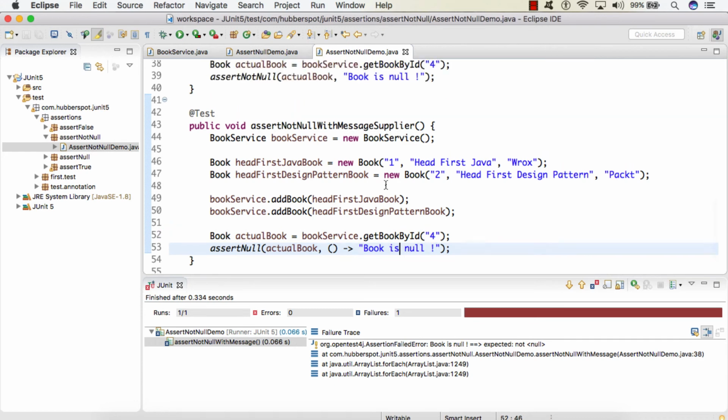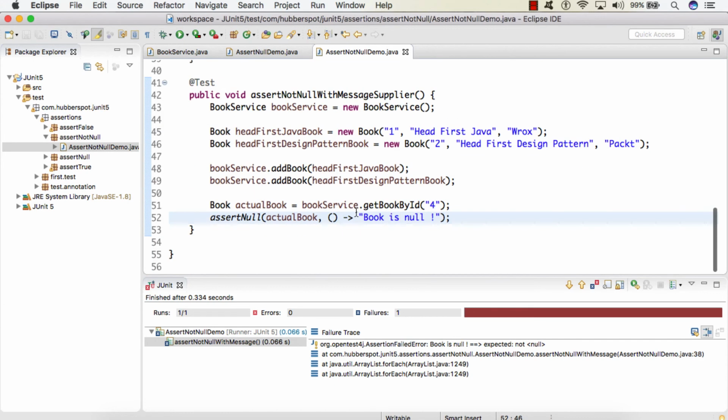So friend, this scenario works exactly like what we saw earlier. The only difference is that this assertNotNull method takes in an actual object, asserts on it and checks whether it is null or not. If it is null, then our test case will fail. And once the test case fails, the Supplier interface comes into the picture; this Supplier functional interface gets lazily evaluated and the string is returned. Once this string is returned, it is printed in the JUnit console. So if I run this test case,